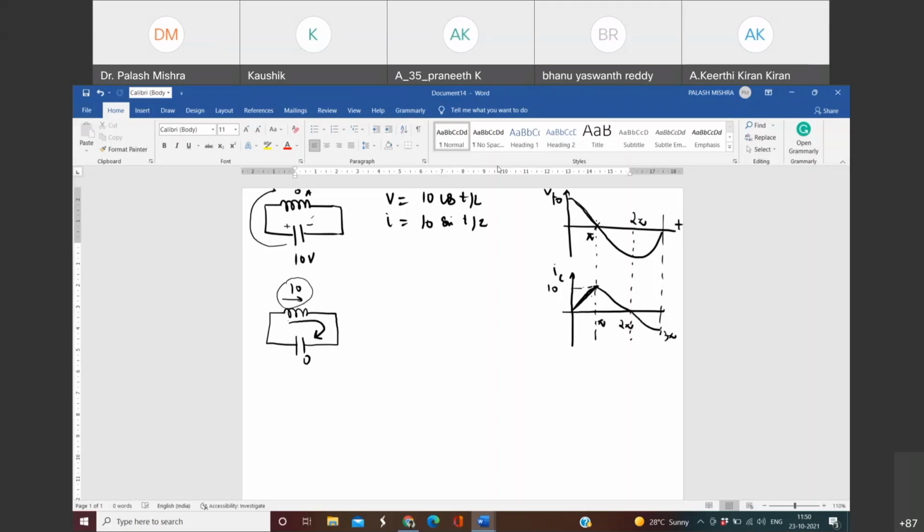It will charge the capacitor again. So initially, the capacitor charged the inductor, and the capacitor voltage became 0. Then secondly, the inductor will get discharged to the capacitor, and the capacitor will again charge with the voltage of opposite polarity. So initially the voltage was something like this. Then it became 0. And then after pi, the capacitor will be charging something like this.